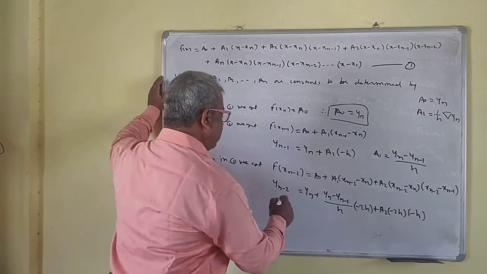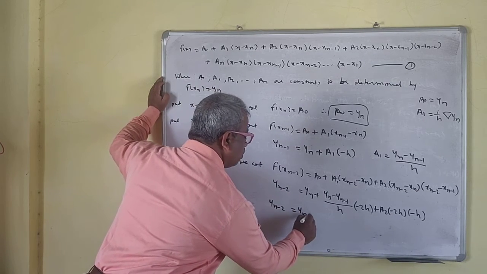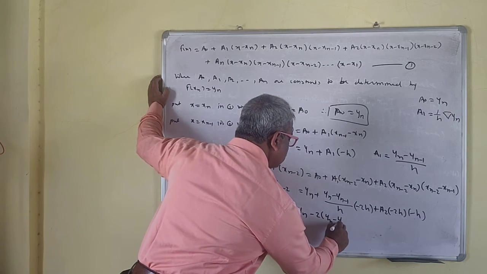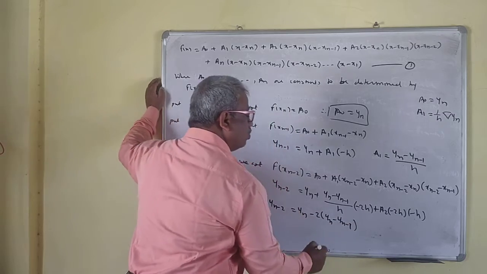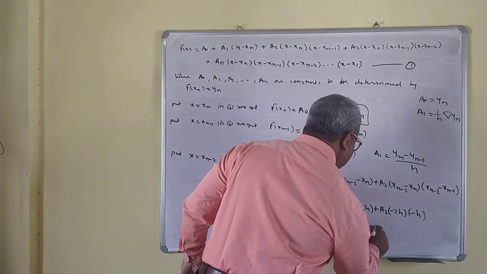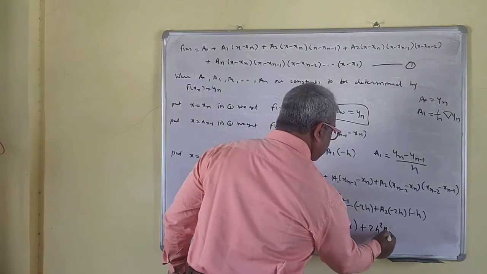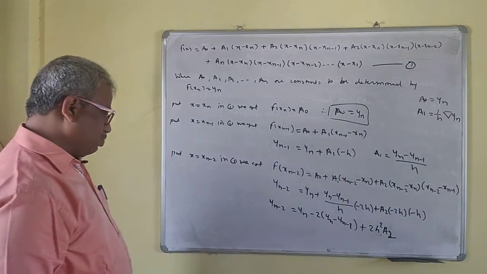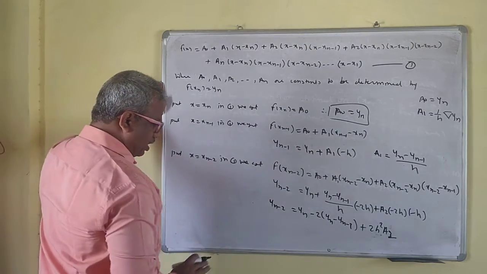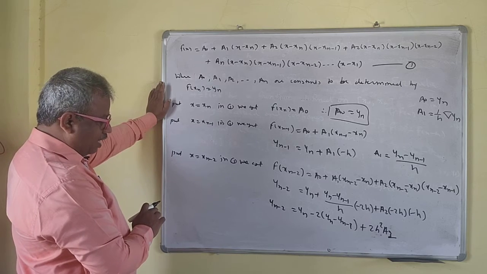Now we first simplify this. Yn minus 2 is equal to yn minus 2 into, so the h gets cancelled, minus 2 into yn minus 1. Okay, so then this will be plus twice h square a2. This is a2, not a3. Twice h square a2, I will keep that as it is here. I will shift all these things here now. So what do I get now?